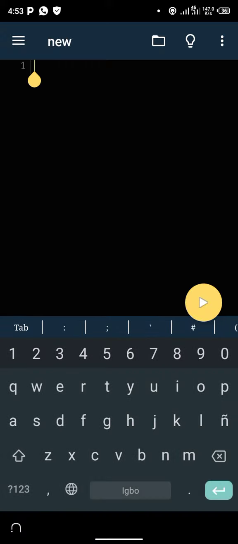The next thing is that some things would install if you don't have PyDroid 3 already. Just allow it to install. If there's anything they ask you to click yes, just proceed. Once the installation is complete, you would have something like this. So to actually use PyDroid 3, I type print